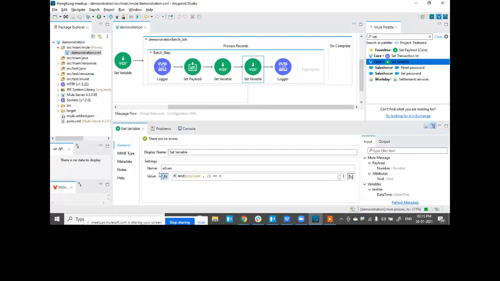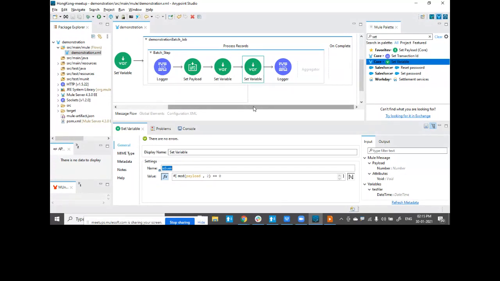In this DataWeave expression, if the modulus gives us 0, it will set this record to be even. This is an instance variable, so it will get attached to each and every single record, and I'll be able to identify whether a particular record is even or not.